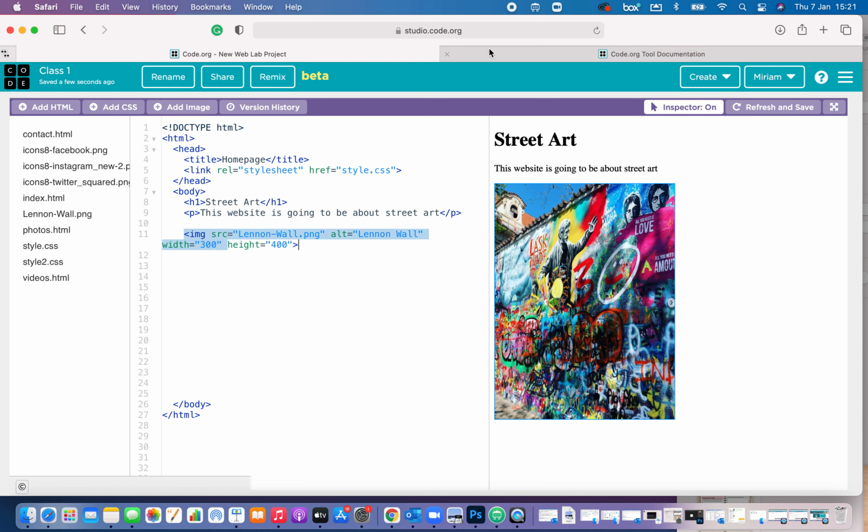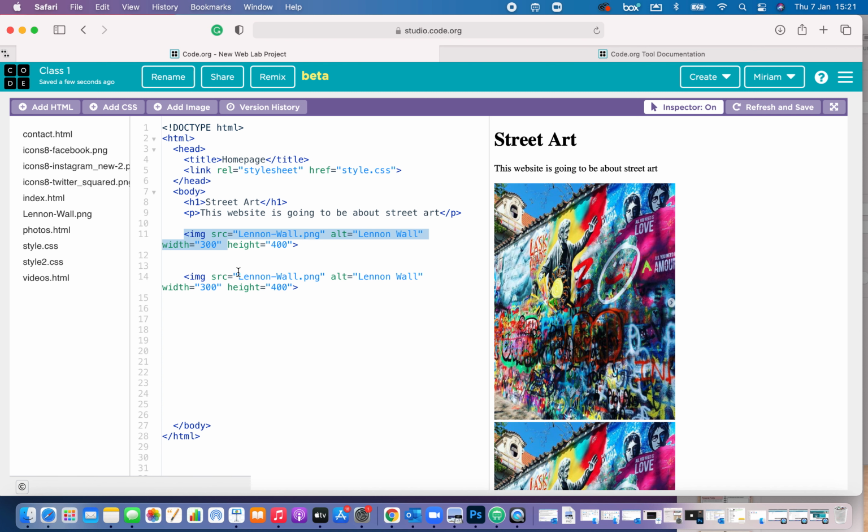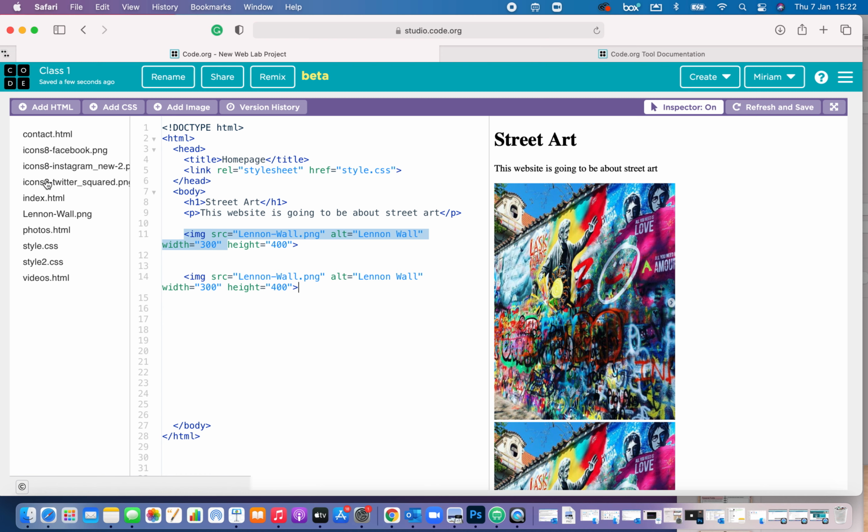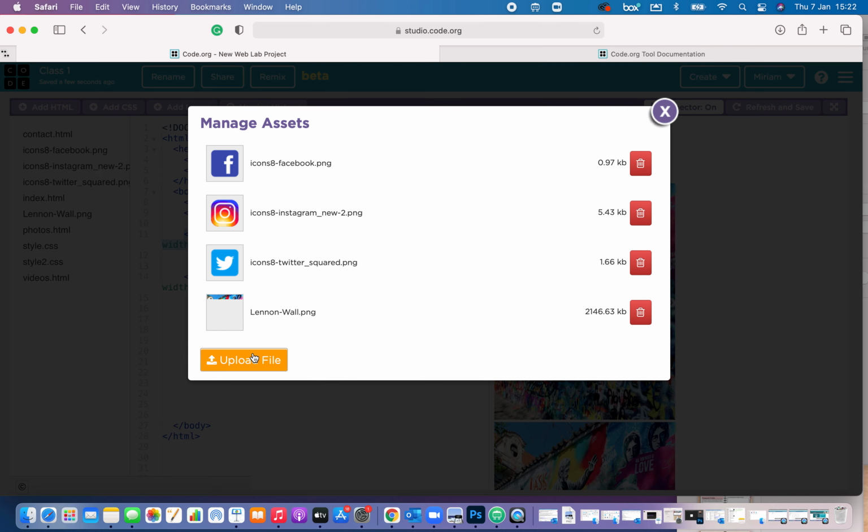Now this time I wouldn't need to go back here and get it. I could actually just copy and paste this and pick one of my other images. What do I want? I want to actually have any other images in there. Do you know? I'm gonna put in a social media icon, but I'm gonna do that in a moment. If you do, like I thought I'd put up more images and I hadn't, you can add them in now. It's not too late. So if I click add image and I go to